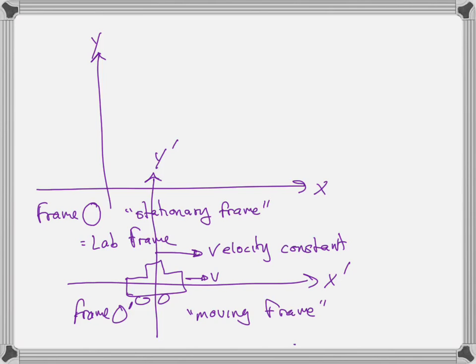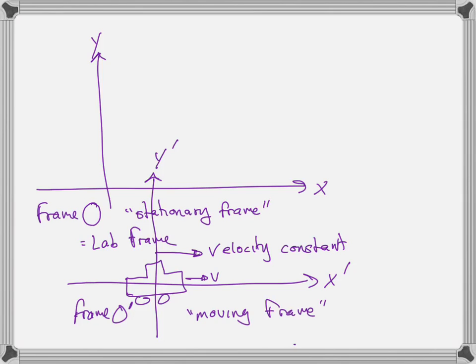Okay, and let's just say for the sake of calculating things, we'll see later perhaps why this is true, at t equals 0, the two coordinate axes are coincident. Now think about coordinate axes. I'm literally taking a physical coordinate axis, make it out of wire, make it out of meter sticks, whatever, and just glue it to the lab, just so I can measure things relative to an origin. And then I take a different three-dimensional coordinate axis, with an x and a y and a z axis, and I glue it to the car. So we're measuring things relative to that origin when we're measuring from the car.